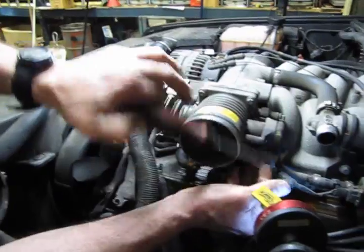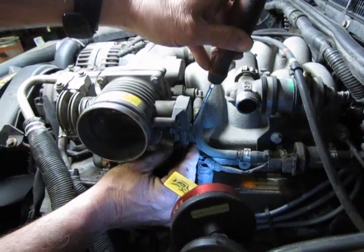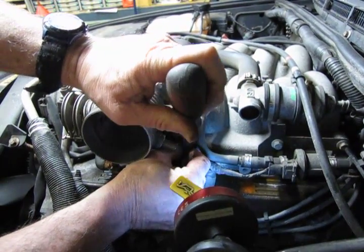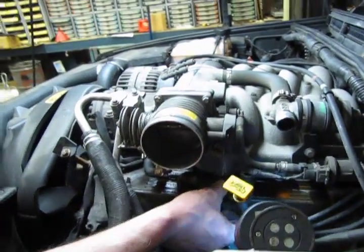And then last but not least, we have an electrical connection right here. And we're just going to move that little tab away from the connector and pull down on it, and that's off. Alright,